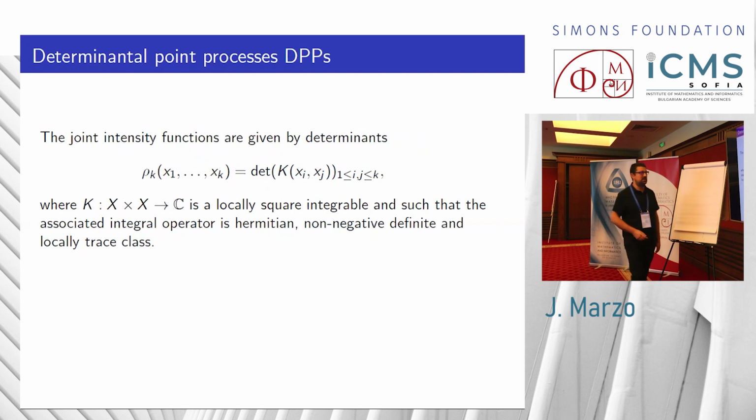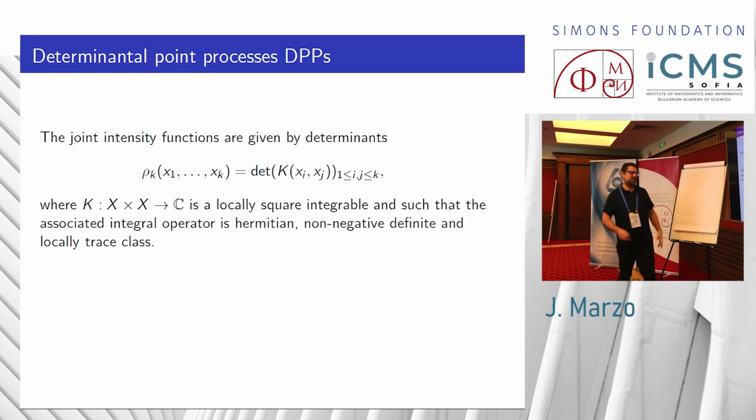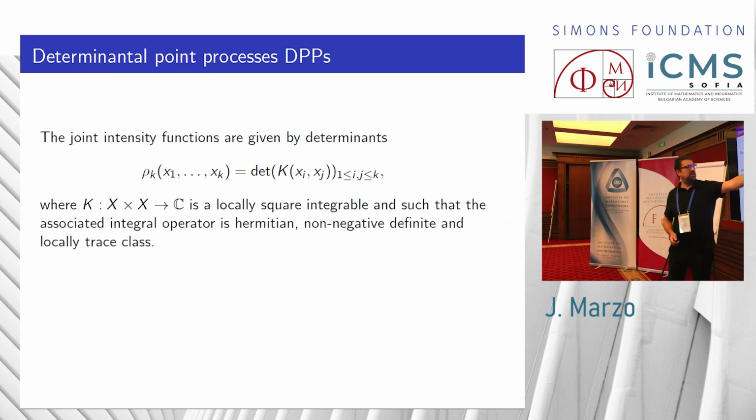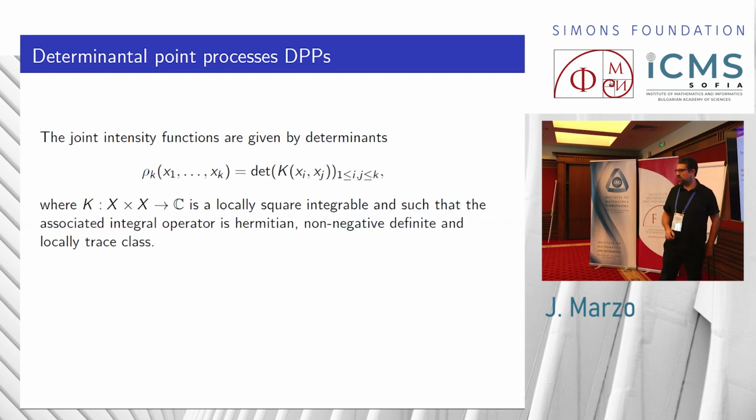So the idea is that these intensity functions are going to be the determinant of a given kernel. You have this Gram matrix, and it has to satisfy some properties for these to actually be densities. But in the end, it's a very simple definition. Okay, so you have this determinant of